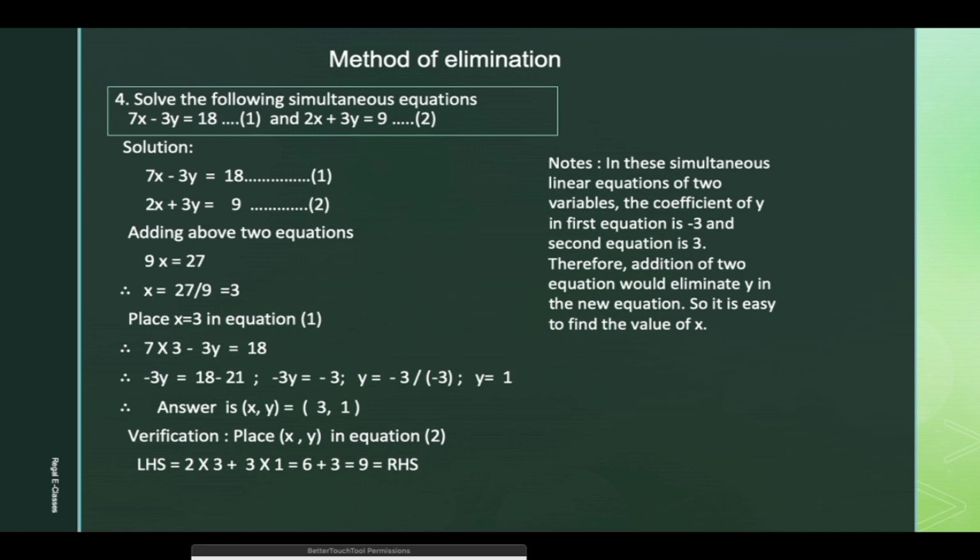Now place x is equal to 3 in equation 1 and you can get y is equal to 1. Answer is (x, y) = (3, 1). Verification: place x and y in equation 2 and you can see that left hand side is equal to right hand side.